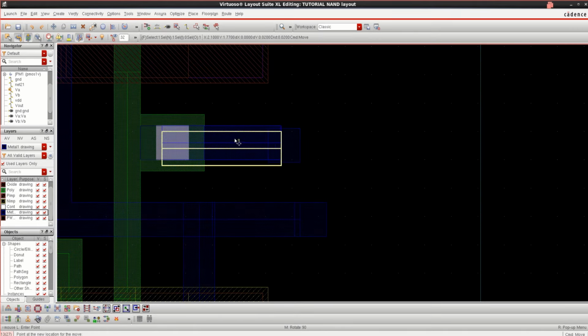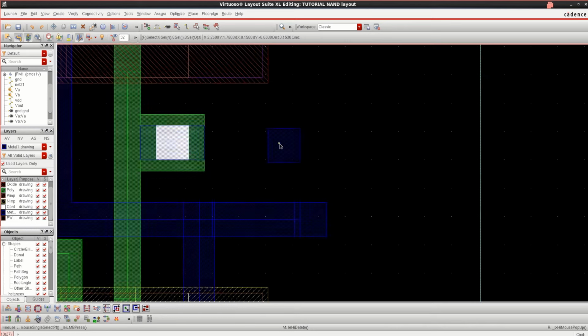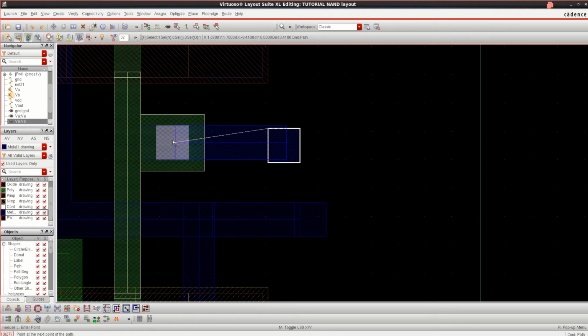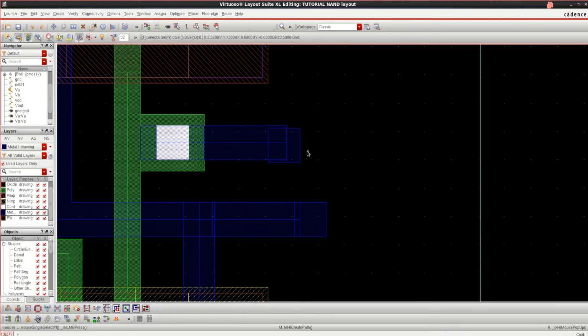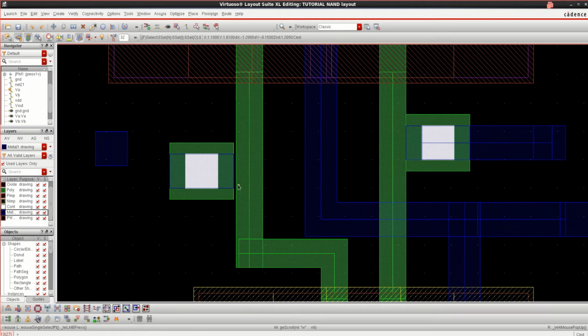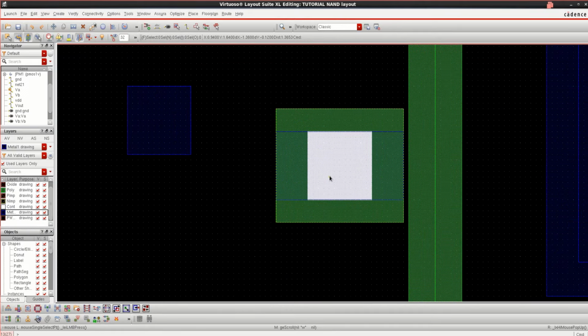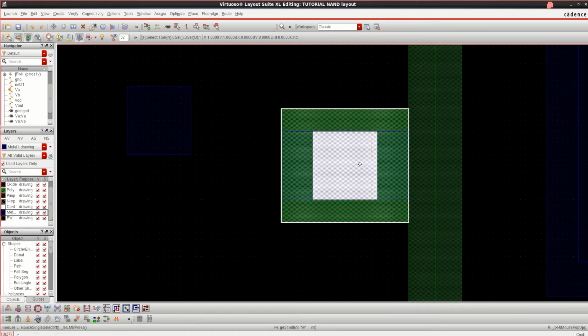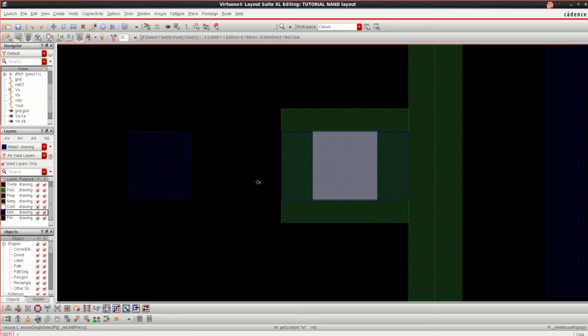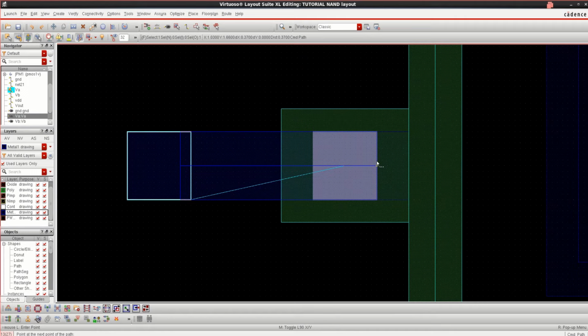You can extend it, or I'll perform it again. Select this, press P so that you can extend here. Just enter. You can align it. These are the nodes. This is not connected properly. You can move this and connect. In a similar manner, you can connect this also. Select it, press P. Up to here you have to draw it.